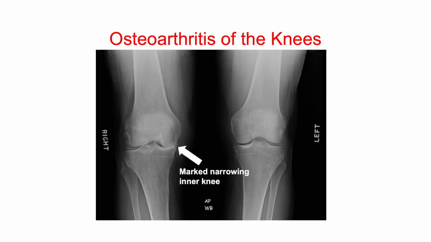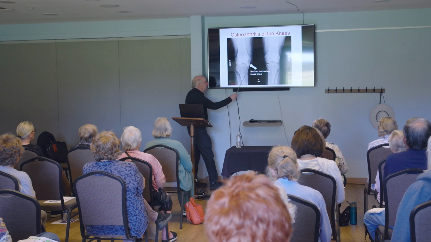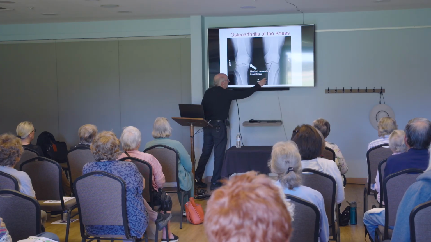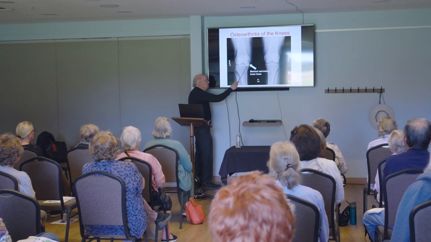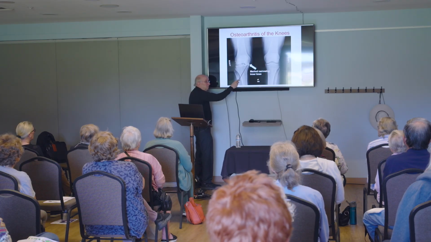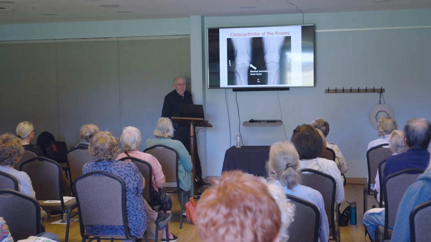And then here we have osteoarthritis of the knees. You can see here that this is a more normal knee space on the x-ray, but not this. You can see this is bone on bone. And this is the type of patient that often winds up having a total knee replacement, which is very, very common. In the United States, there are millions of hip replacements and knee replacements done every year in this